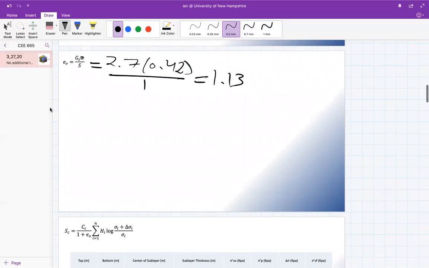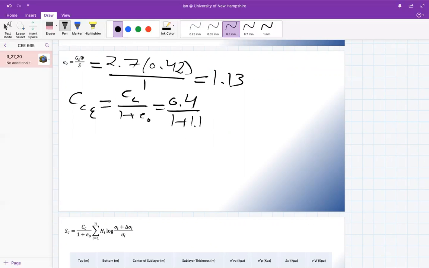So using those values, we are going to find C sub C of strain, which will be C sub C over 1 plus e naught. And we are going to say 0.4 divided by 1 plus 1.13